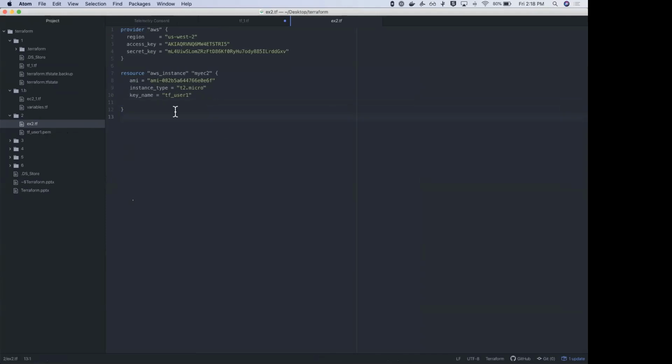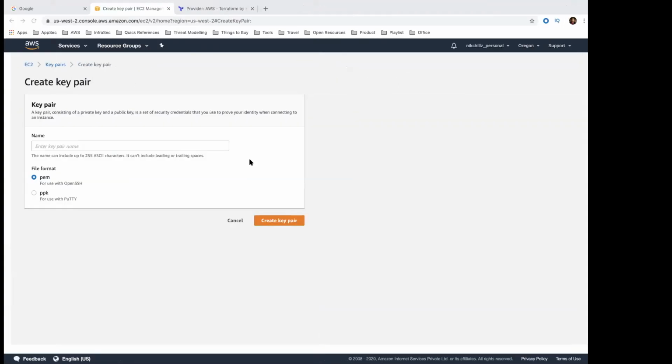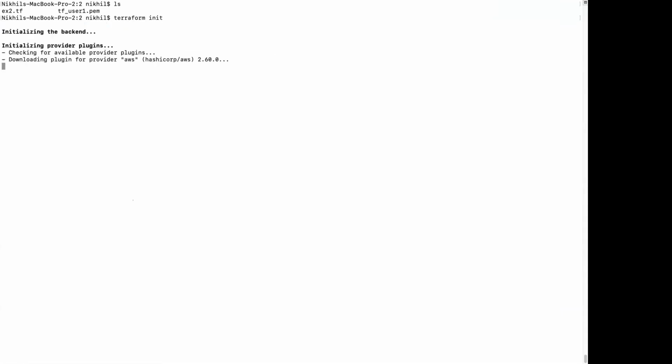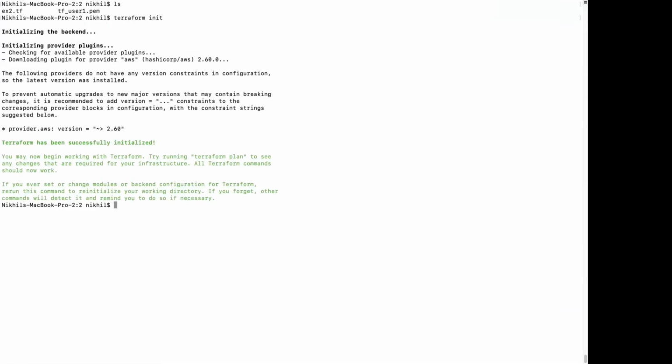Once we are done with this, let's go ahead and run Terraform. Once this is done, what we are going to do is Terraform plan again.